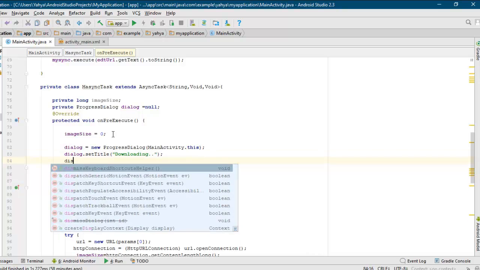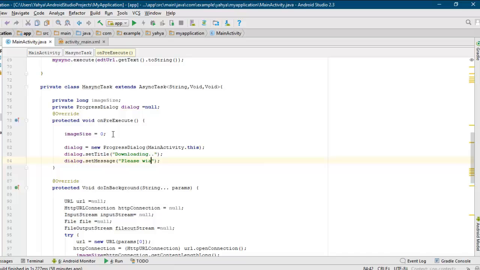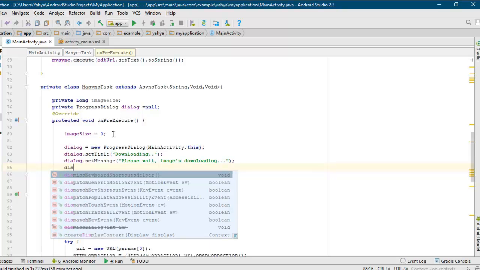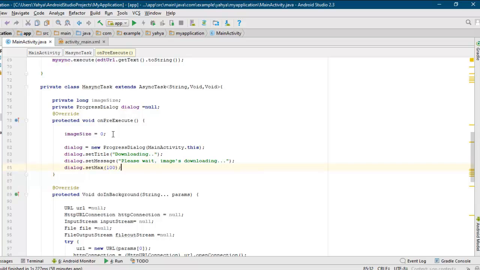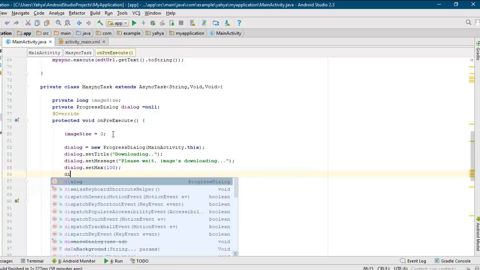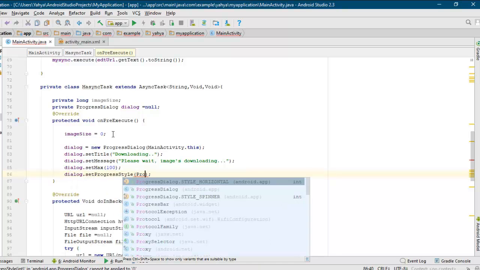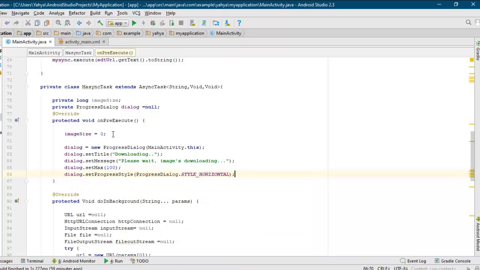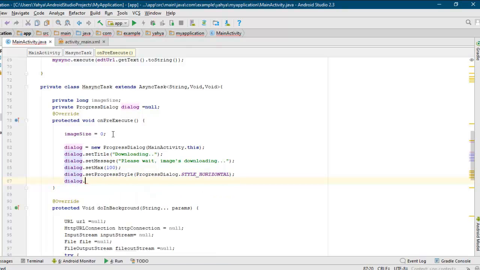downloading, and I have to set a message, dialog.setMessage, please wait, image downloading, and I have to set its size, dialog.setMax to 100, and I have to set the type of my progress dialog, dialog.setProgressStyle, ProgressDialog.STYLE_HORIZONTAL, and I have to make this progress dialog indeterminate, dialog.setIndeterminate